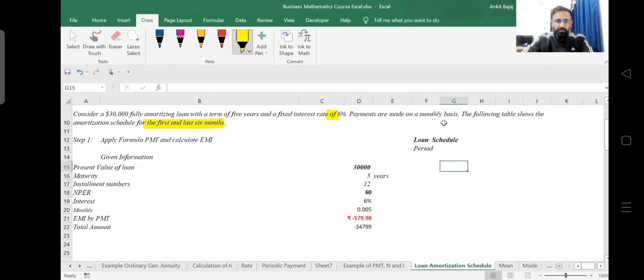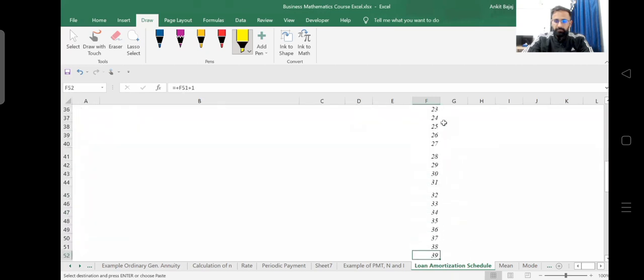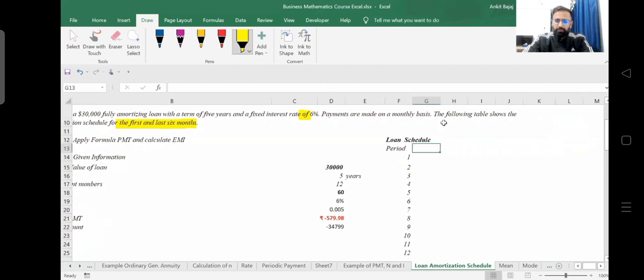So simply I will apply the formula. So 2, and I will copy these values. Here, I have written the period till 60 months. Now, what is the opening balance of the loan? Obviously you have taken a loan of 30,000 rupees. So the opening balance of the loan is